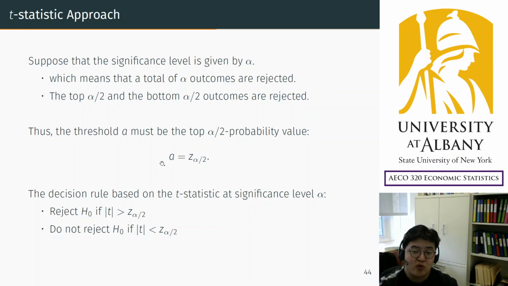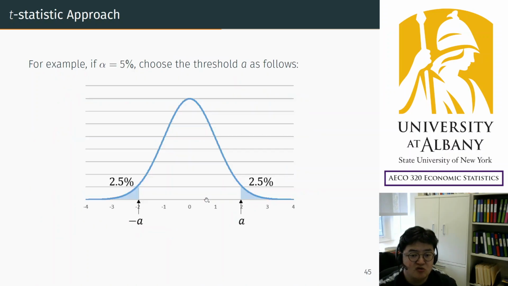Remember, we represent that value in this way: standard normal distribution, lowercase z, subscript alpha over 2. This stands for the top alpha over 2 probability value. So if alpha was 5%, we are looking for these two cutoffs that give you 2.5%